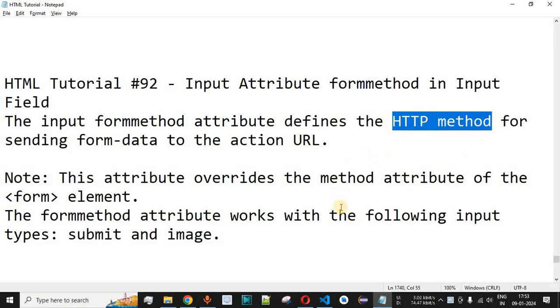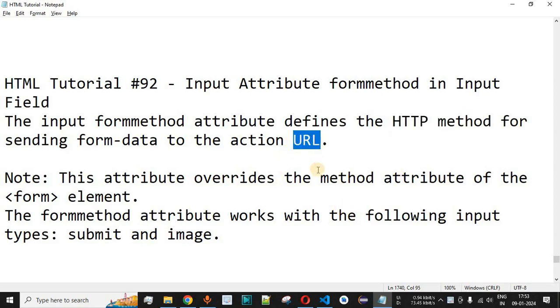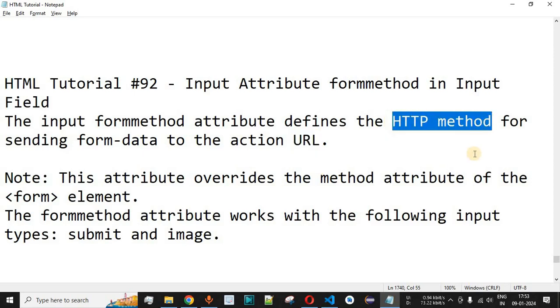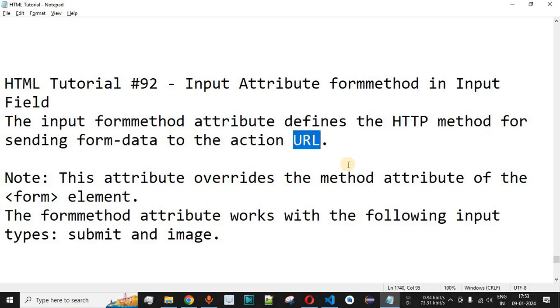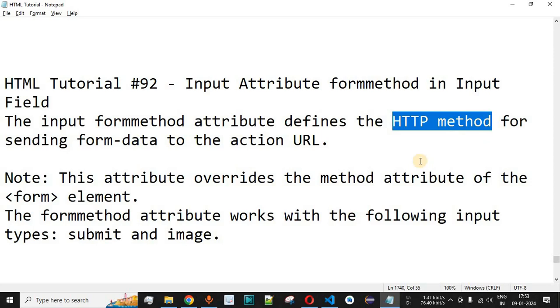So basically the GET request helps us send the data by enclosing the data within the URL itself, and the user can see the different values of the parameters that are being passed to the server. And the other HTTP method, that is the POST request, does not allow the parameters to be displayed inside the URL. And guys, these are the two types of HTTP methods that we can use while sending the form data to the server.